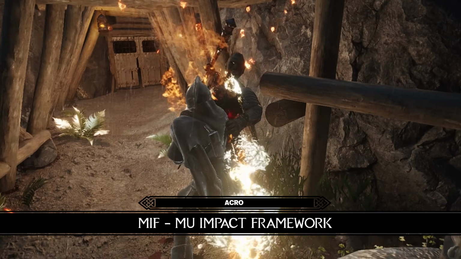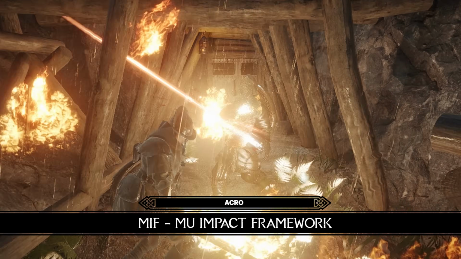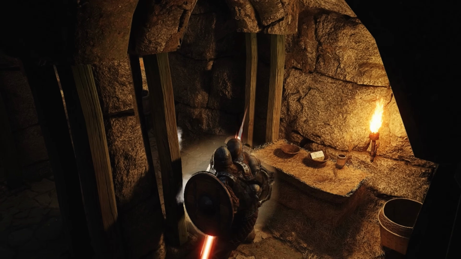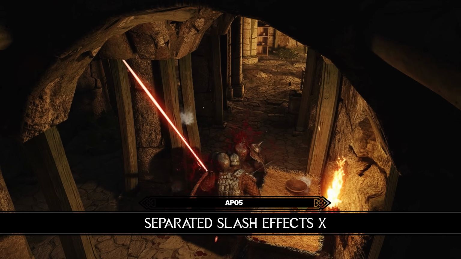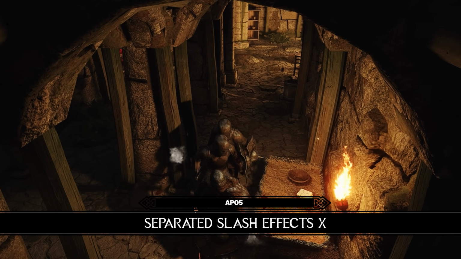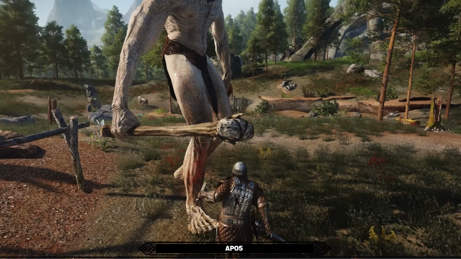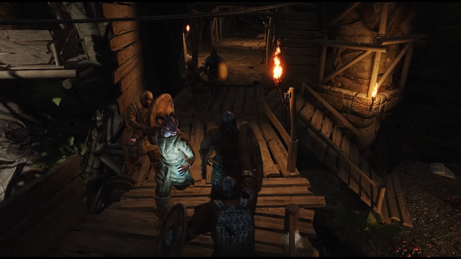This next mod is for those people that usually ask me about my slash effects. This framework is called Mood Impact Framework, or MIF for short, but this itself is just a framework. To get them exactly like mine, you need the mod which is called Separated Slash Effects X, which is a preset for this mod because the original mod is just a framework and it takes advantage of that to add